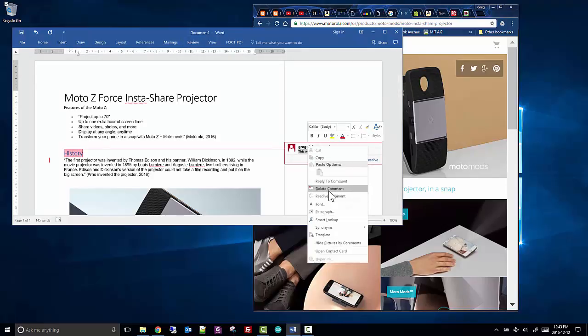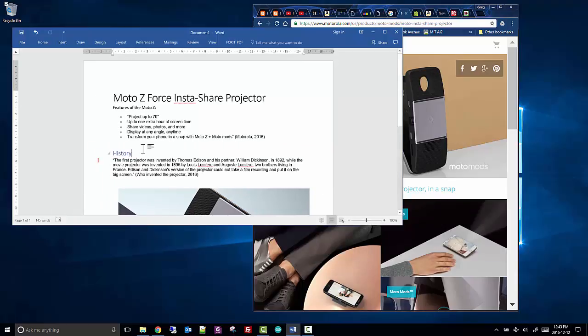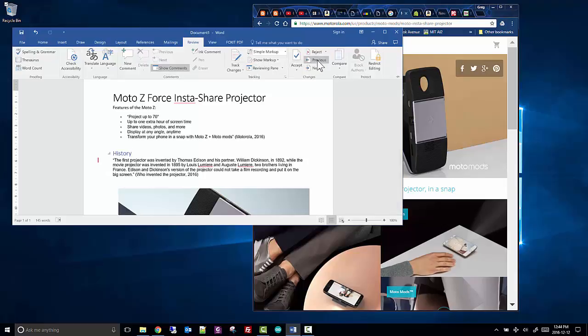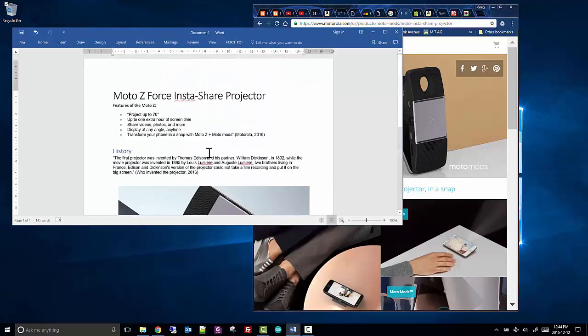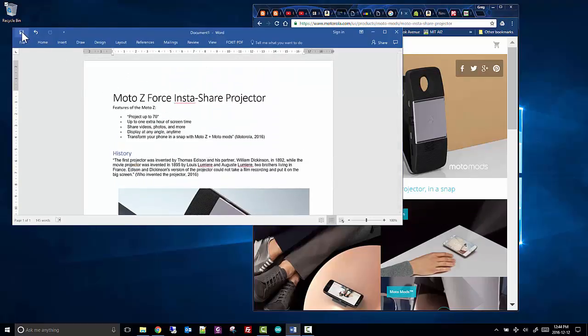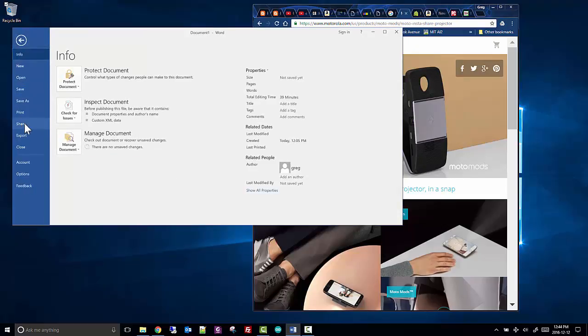You can delete the comment. It's gone. You can also look at their edits. You can accept it. Oh, maybe you want to reject it. You want to reject that. There we go. Document's all looking very fancy. You give it a quick save. And then